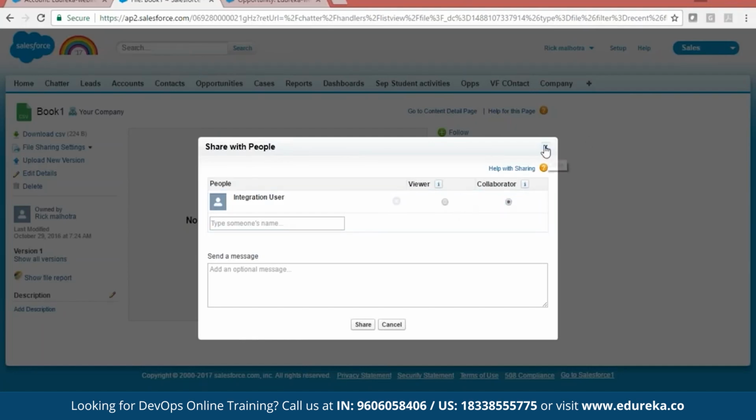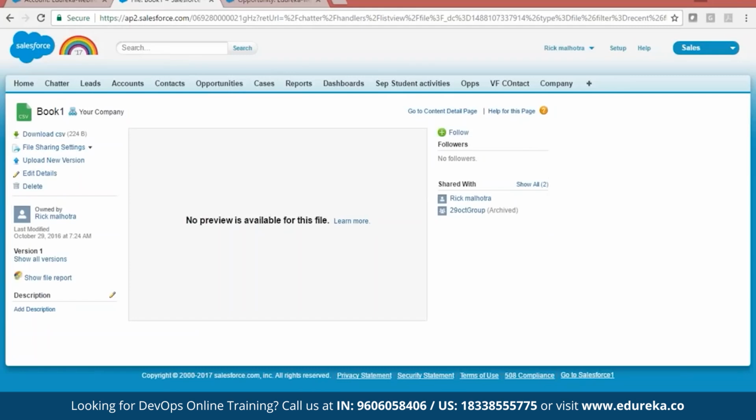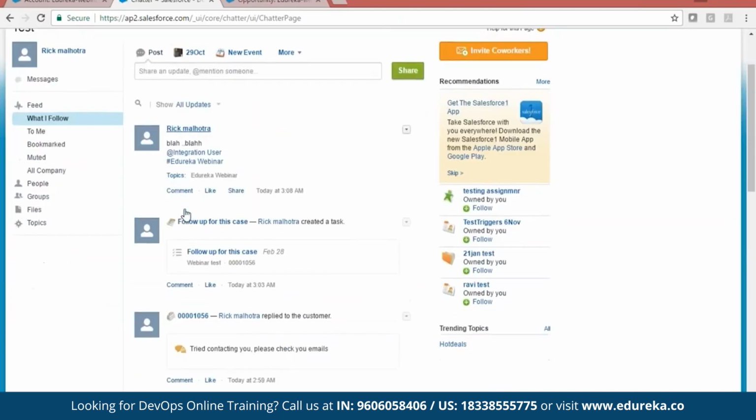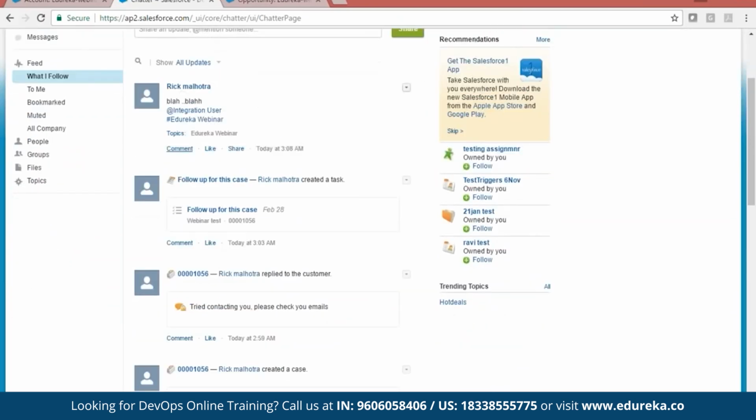These things are not possible in documents. They are just simple documents, but these files are very interesting. You can add password protection and share it with those persons to whom you want to give access. Otherwise, almost everything is like a document. But this also provides you a preview. You can view this file here if it's a Word, PDF, or a video. Many of your extensions are supported. So let's get back to chatter. I can talk here, I can like something, I can comment on it.